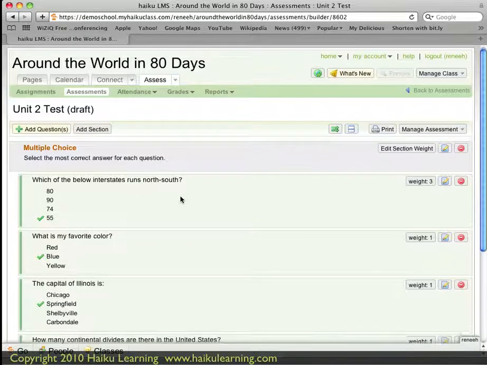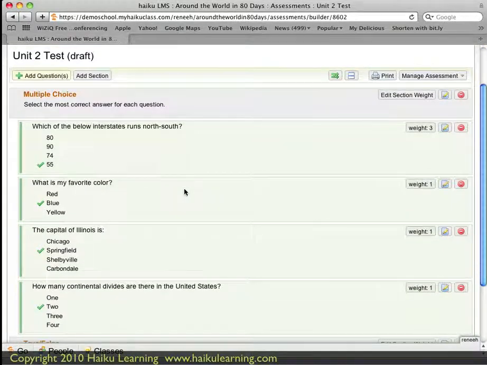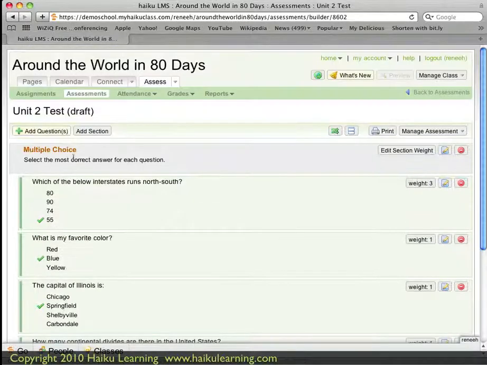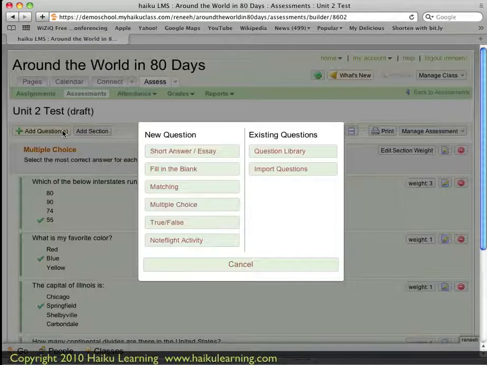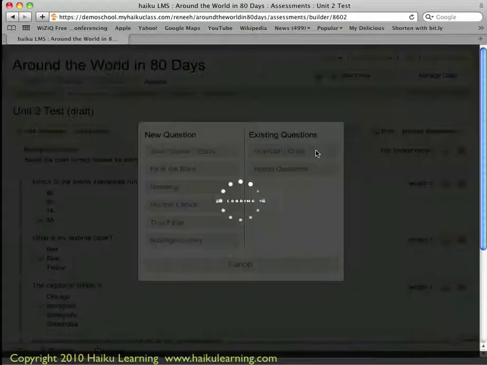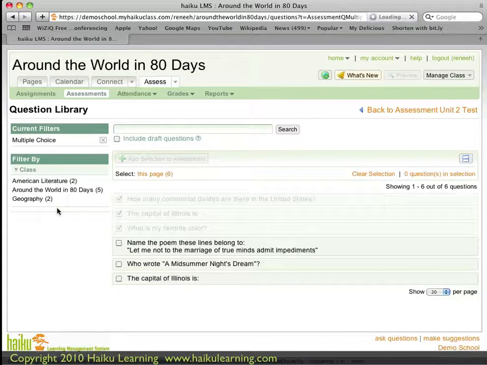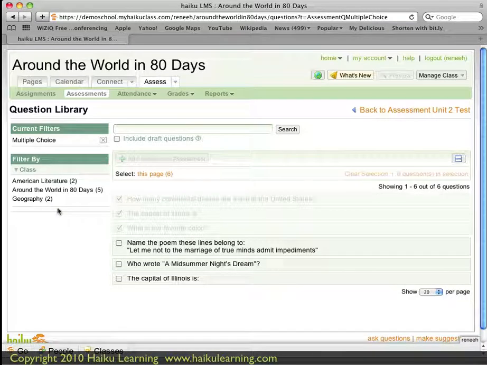And now I am back on my exam, and I'm out of my question library, and I can see in the multiple choice section now, there are 4 questions, including 3 that I just brought in from my library. So I'm going to do that one more time. I'm going to add questions, choose from question library, and now I'm going to again choose multiple choice, but this time I'm going to select the remaining 3,